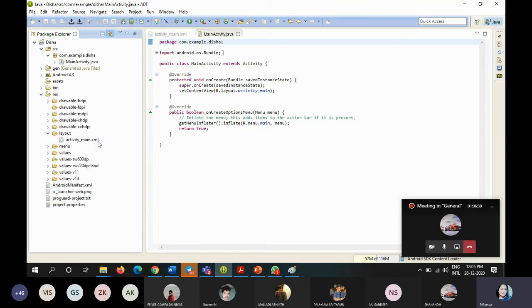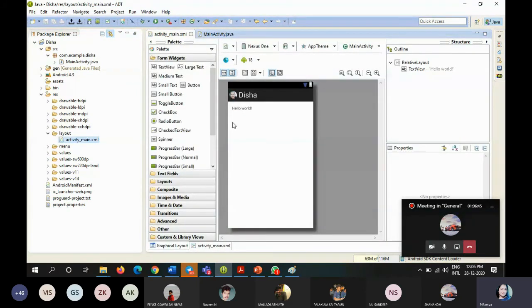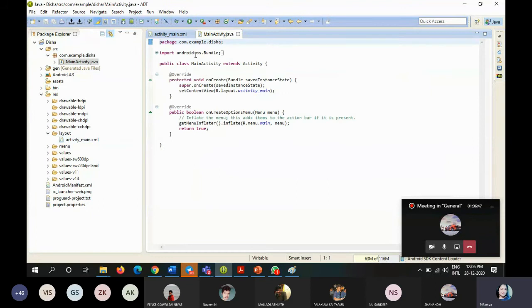So now, if you want to create any graphical user interface, everything will be done on XML. Java means some particular action will be performed here. Okay, so now, this is just like a user interface for an Eclipse. Once your application was created, it shows a user interface like this.